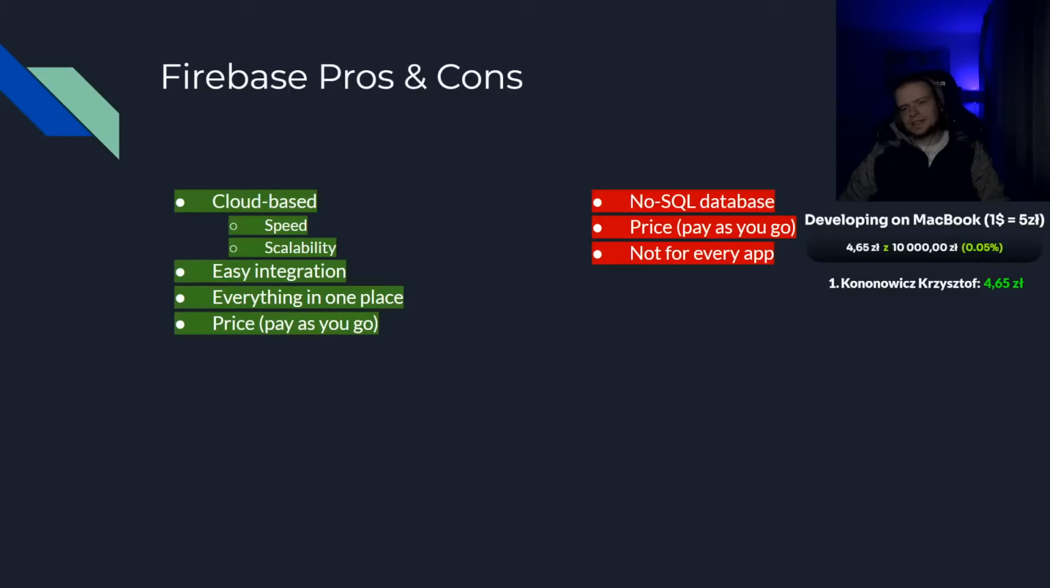Also, if we are talking about cons, the main con is the database. Cloud Firestore is a NoSQL database, which basically means that you cannot use some compound queries from SQL, like inner joins, for example. And the Firebase Cloud Firestore database has its own limits for single queries. So, for example, we can use only one inequality